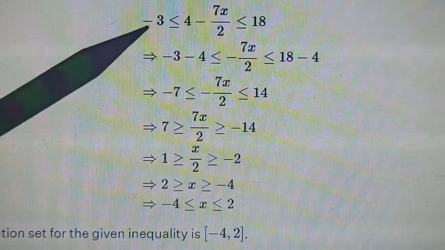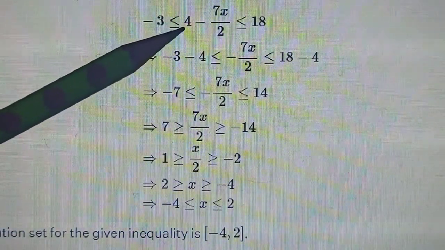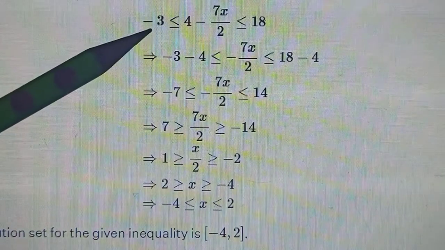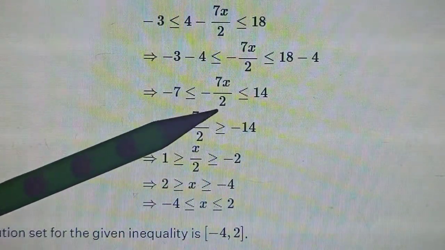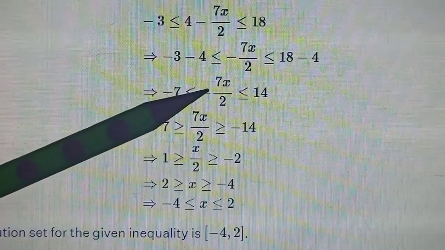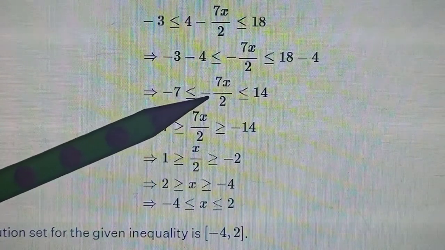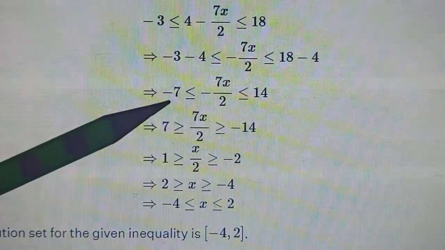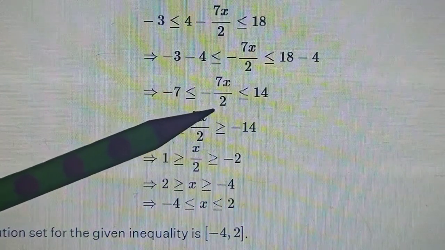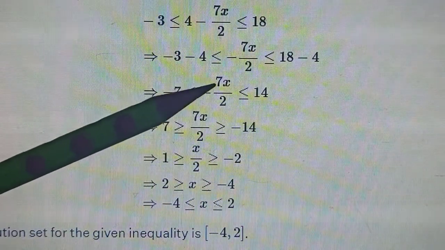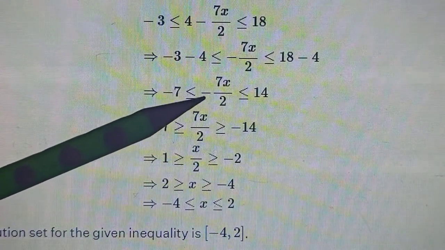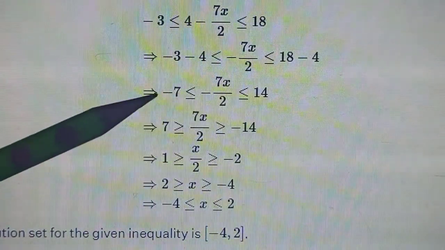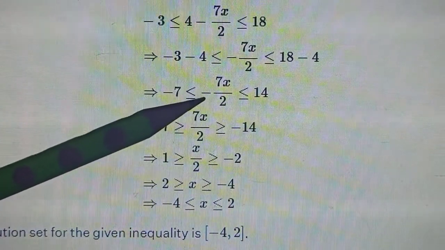That's your third one. Obviously you first remove the 4, so -4 for the balance. So this becomes -3 -4, that's -7. 18 -4 becomes 14. Next, the minus is there, so you can do it in one step also straight away. You can multiply throughout by minus 2 upon 7. To remove the 2, multiply by 2; to remove the 7, divide by 7. And the minus sign also has to be removed, of course. So multiply throughout by -2 by 7.